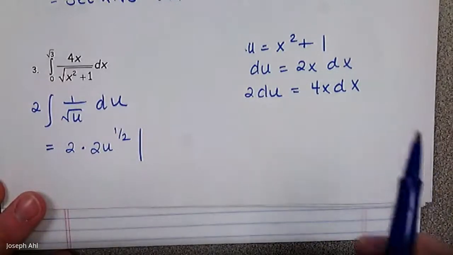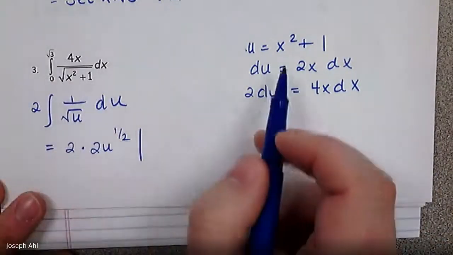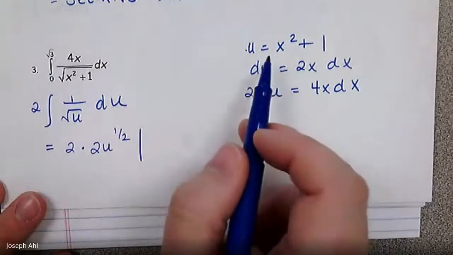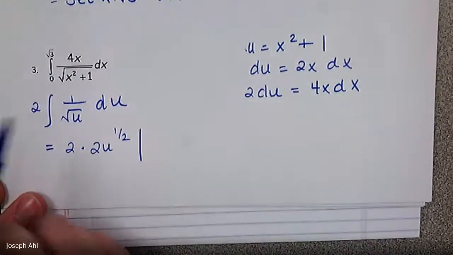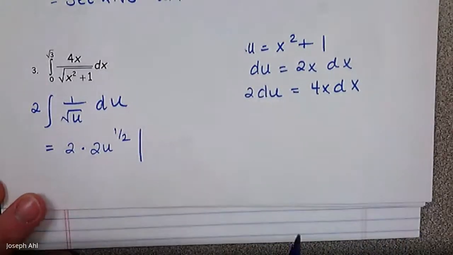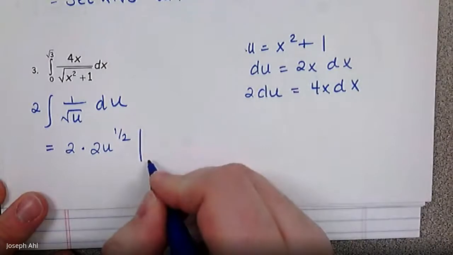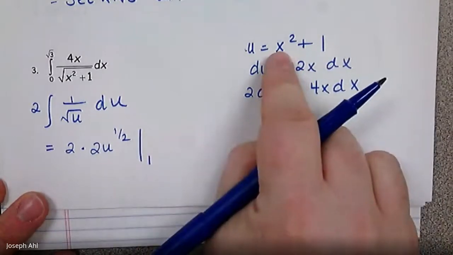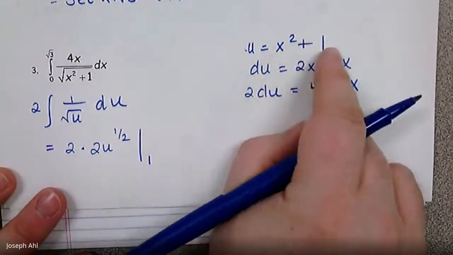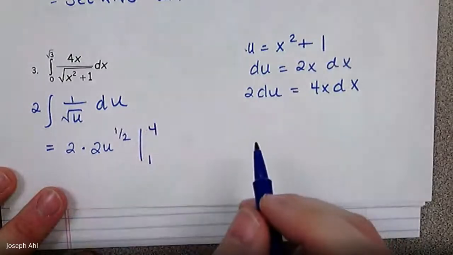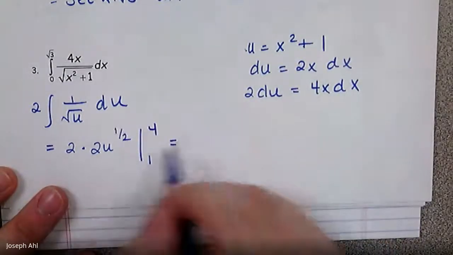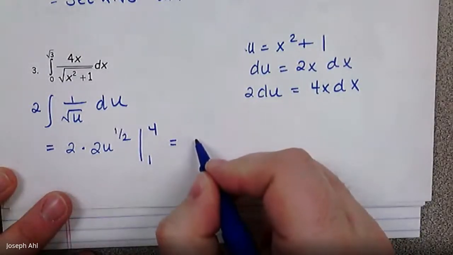Or, as you've seen me do a bunch of times, you change the bounds by plugging in the lower bound and the upper bound into your u substitution to get bounds with u. And I kind of like that a little bit better, to be honest. So if I plug in 0 for x, we're going to get that u is 1 for the lower bound. And if I plug in radical 3 for x, radical 3 squared is 3, plus 1 is 4 for the upper bound. So this is going to be really 4 radical u